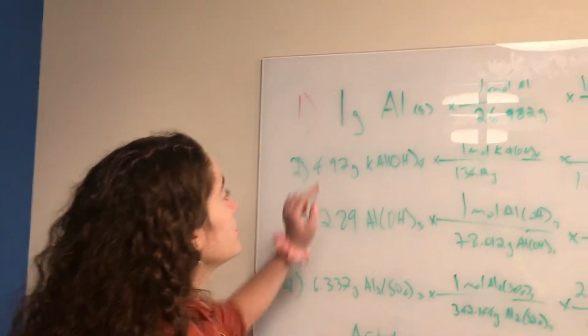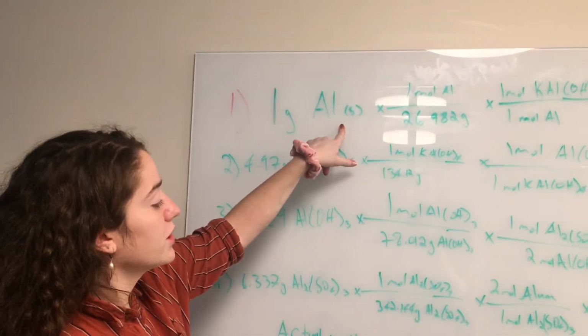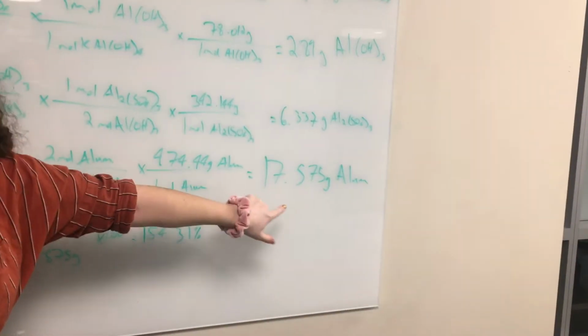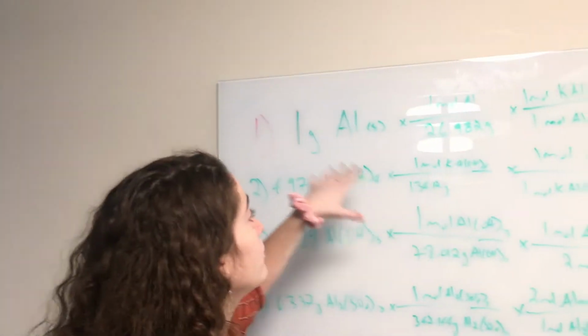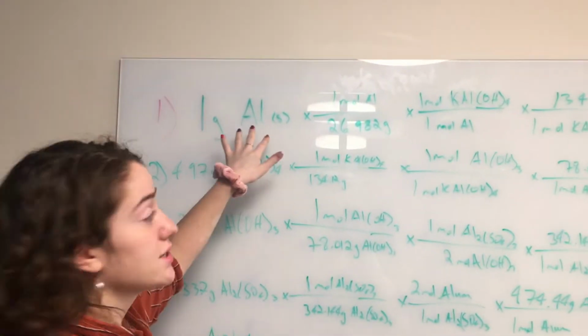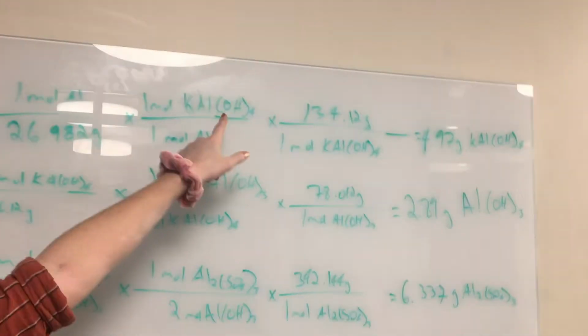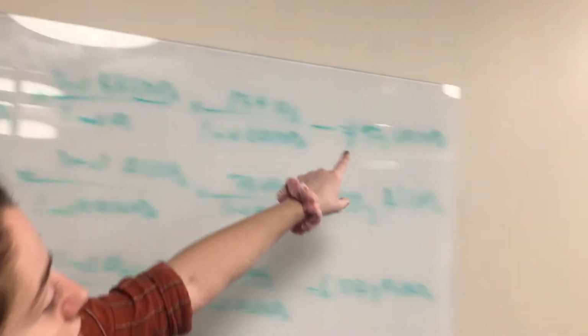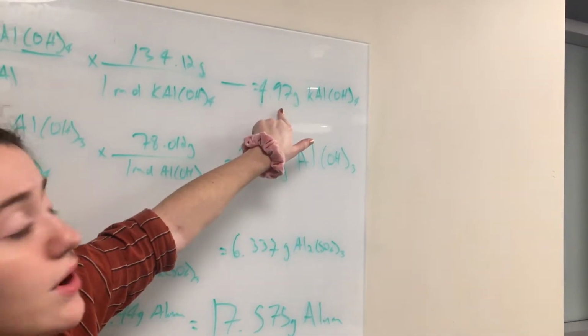Okay, so to get from 1 gram of aluminum all the way to the alum to figure out what the theoretical yield is, you have to go step by step through the equation. So the first equation went from the solid aluminum to the potassium aluminum hydroxide. So that's what I'm doing here to convert to that, and you use that value of how many grams of